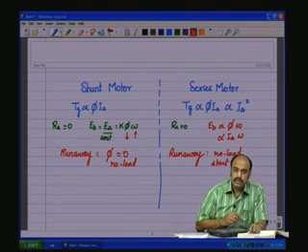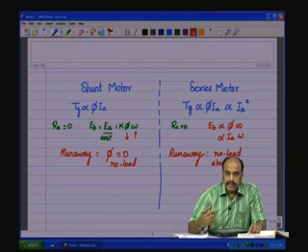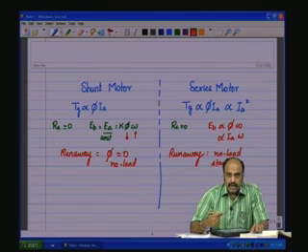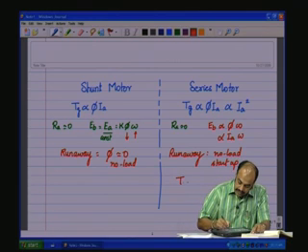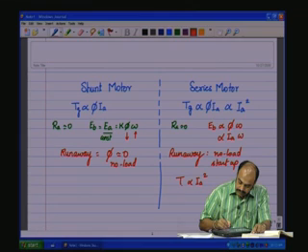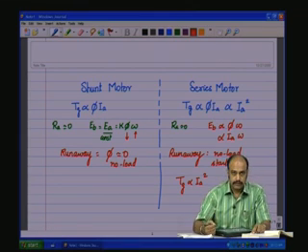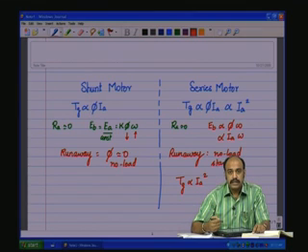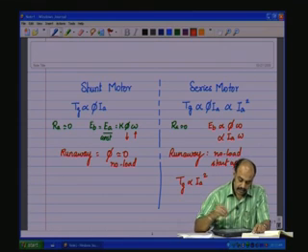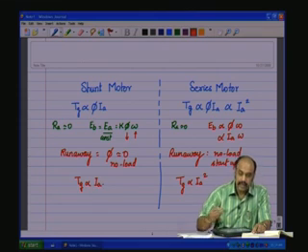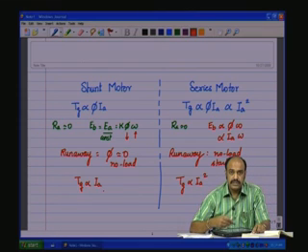Now, in the case of the series motor, as the torque is proportional to IA, and during the startup the back EMF is almost close to 0, IA will be large, and therefore, torque, as it is proportional to IA square, the generated torque has very high low speed torque in the case of the series motor, whereas in the shunt motor the torque is limited because it is just proportional to IA,